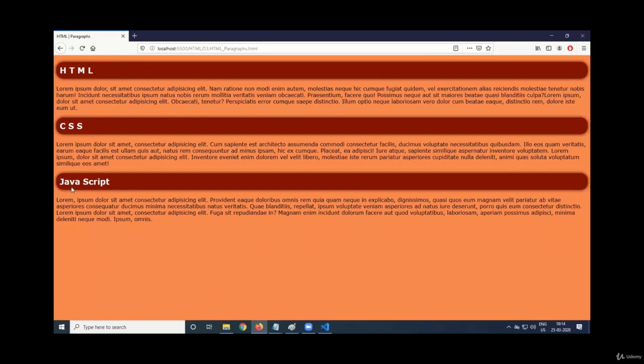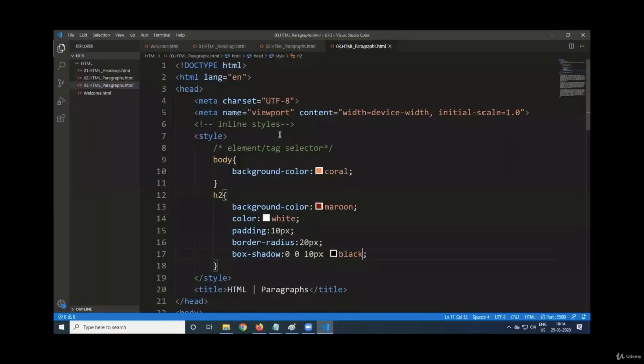HTML, CSS, JavaScript, everything. So just see this. We use some styles also. Inline style. This is called inline style. Inside the header, we define the style. This is element or tag selector. HTML tag is given. Background color, then color, padding: space between the content and boundary.